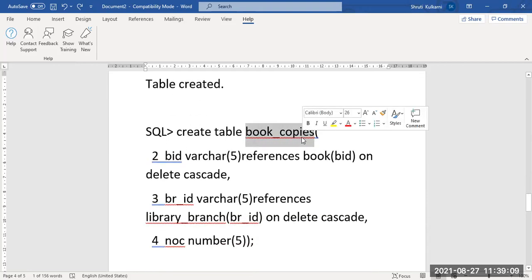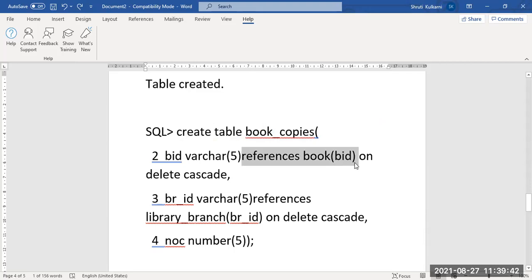And the next table is book copies. The book copies table specifies how many books of the respective title are in each library branch. Considering the example, an HRES textbook is available in the BCA department, in the BBA department, and also in the BCom department. So the number of copies of the HRES textbook available in each branch. Coming to the point here, BID again. Which book matters here, so we have to take only the book ID. Varchar, again it is getting referred from the book table, on delete cascade is required. It is compulsory as one of the queries is deleting the book, and it should get affected for other tables also.